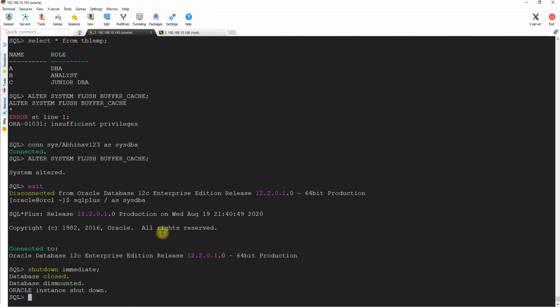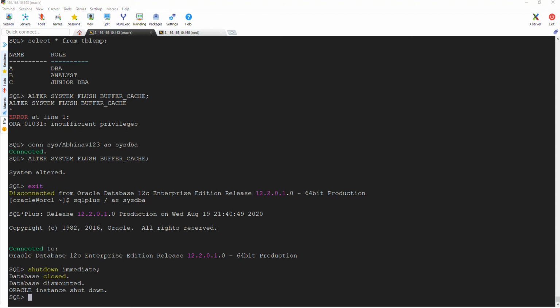Now we have to open the database in read-only mode. Why read-only mode? Because you don't want application teams to connect to the database, right? For this, in a real environment, you will be communicating with the application team. They will be told that there will be a downtime, and this will not be during business as usual hours. That is the time when everything will be migrating, or you will have another database where the application users will be connecting. So it's according to how your environments support it.